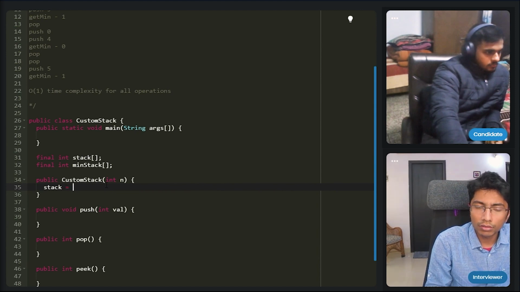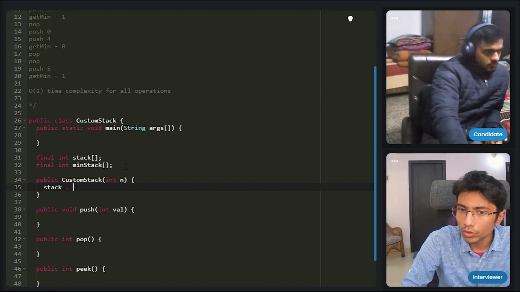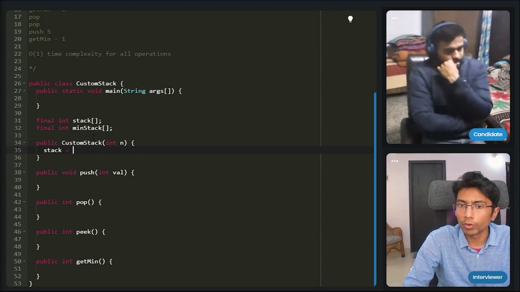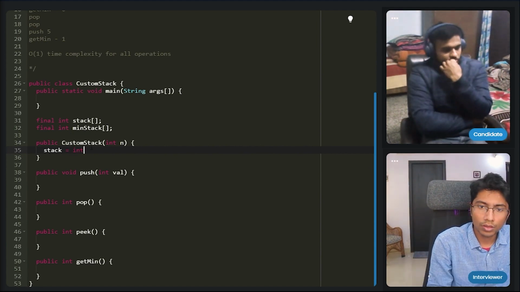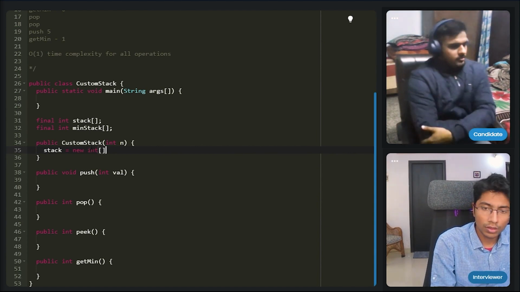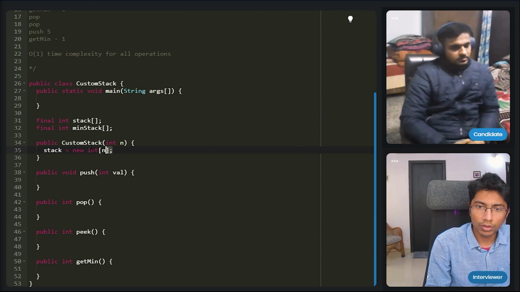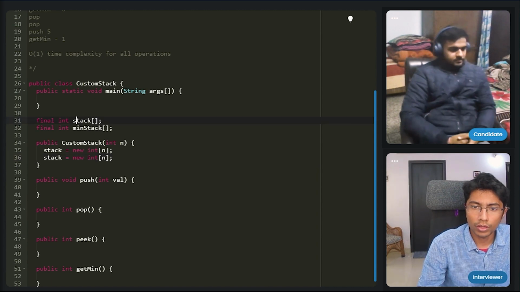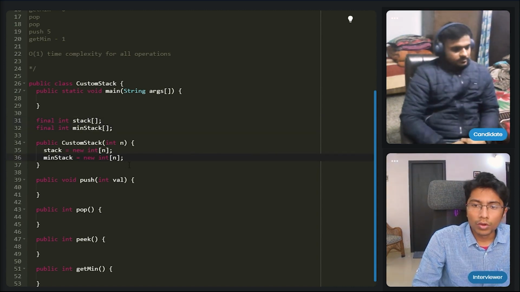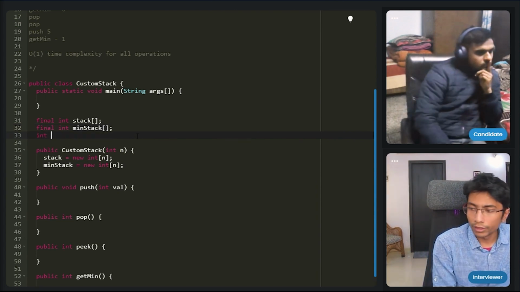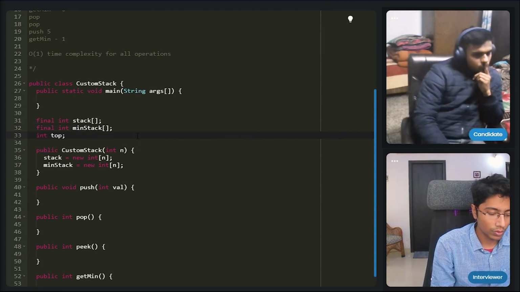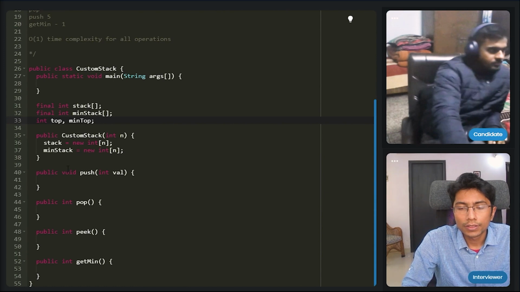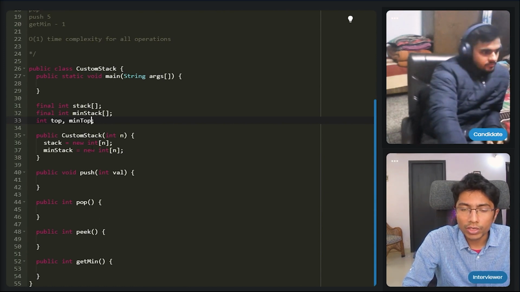We can make a list also, but I'm assuming that we know the maximum size of the stack beforehand. Yeah, you can assume it to 1 million. Okay, so 1 million is the maximum size, so that will be order n, so that will be fine. Now apart from this, we also need an int top and min top. So probably a custom simple stack object would have solved the problem, but yeah.